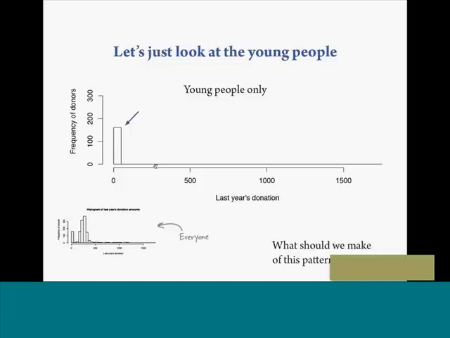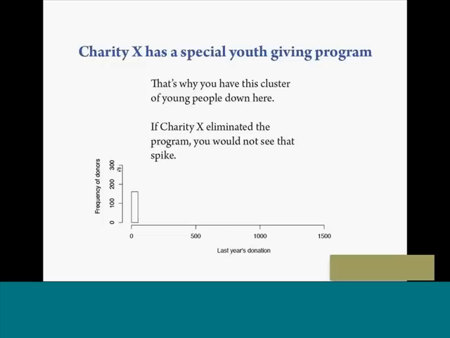And so if you would compare this to the regular histogram by splitting it up into age groups, or at least into the young age group, you would have shown that this group over here is largely accounted for by the youth presence in your fundraising program. Now that itself might have a reason, and it would be a matter of detective work to figure out what that pattern is. Typically in fundraising, the reason would be that there are special youth giving programs that will attract large numbers of people at small giving levels.